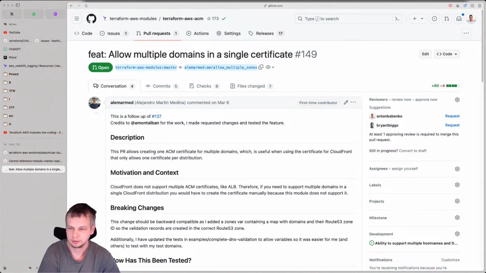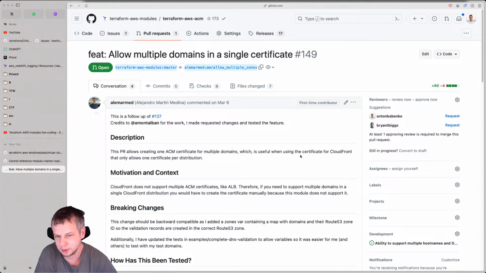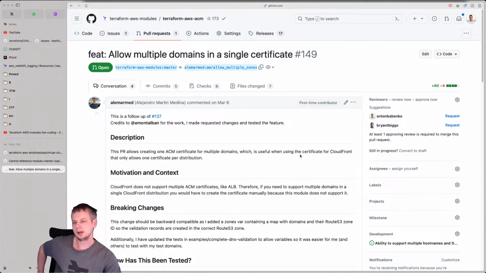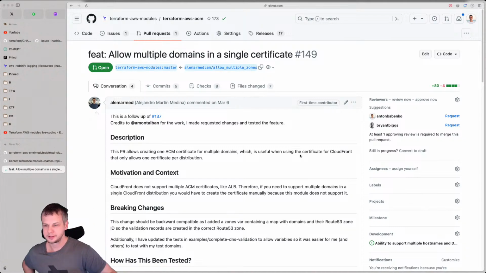So the PR shows creating one ACM certificate for multiple domains, which is useful when using the certificate for CloudFront. It only allows one certificate per this. I see. Now it makes sense.